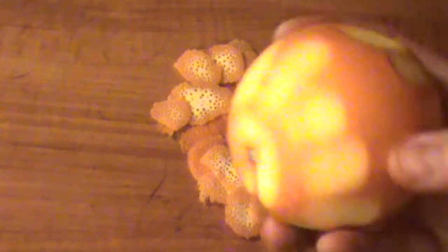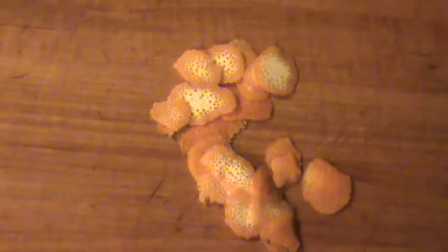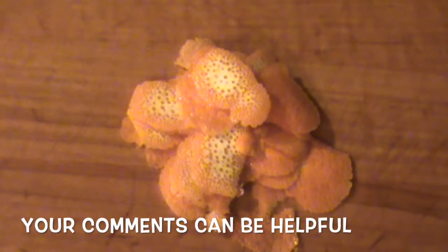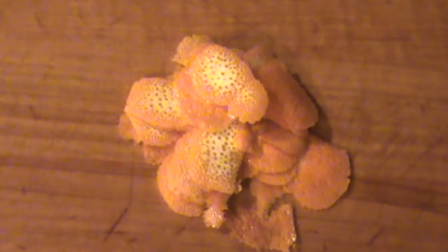Now, right there, that's enough for me. I'm going to eat the orange, but anyway, this is my orange peel for tea. How does it look? Comment please. There we go. Alright, so now this gets lined up on a nice small tray, put aside, and once I'm